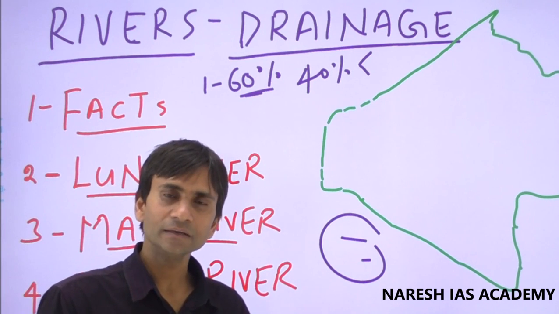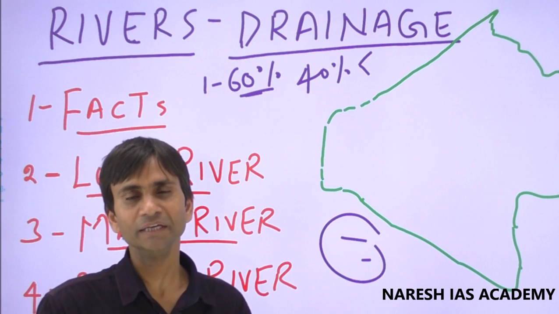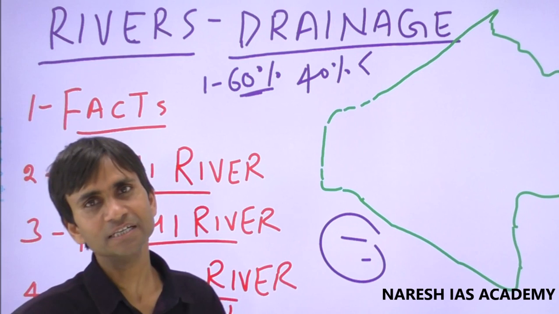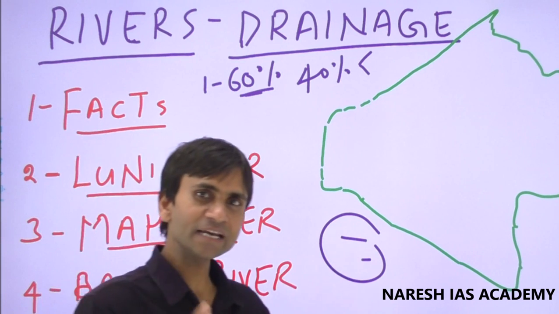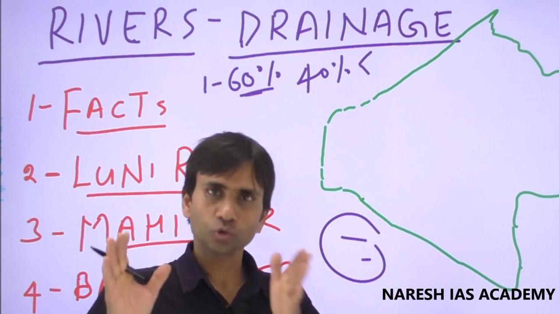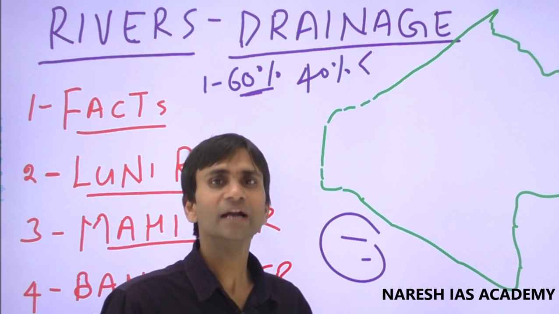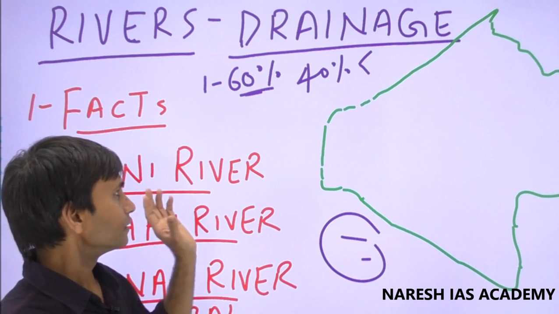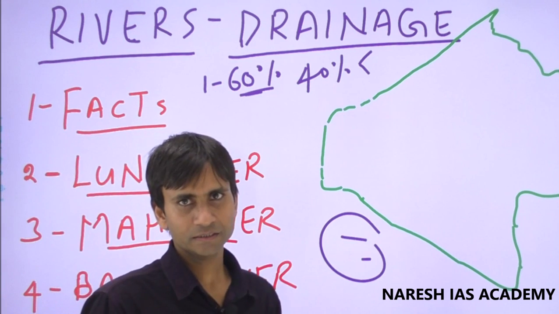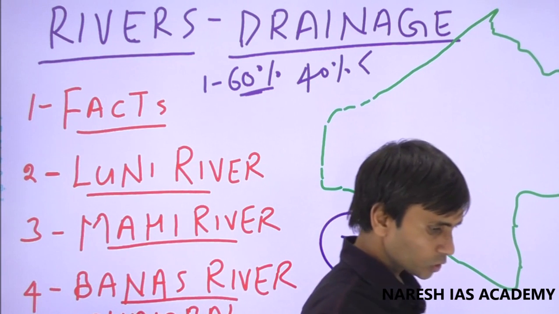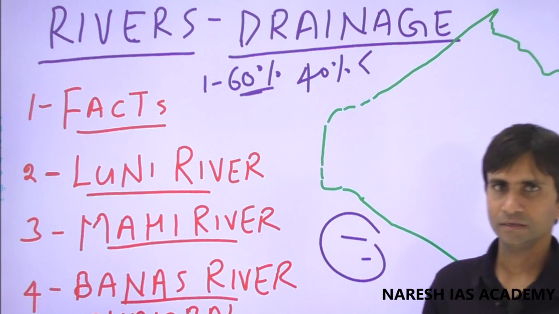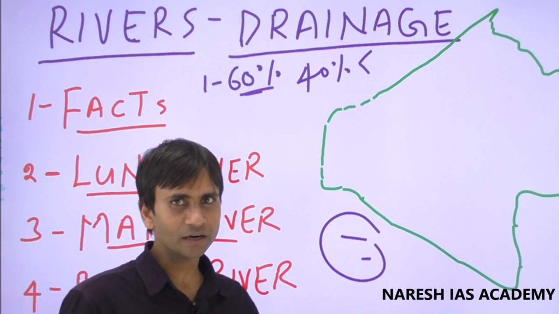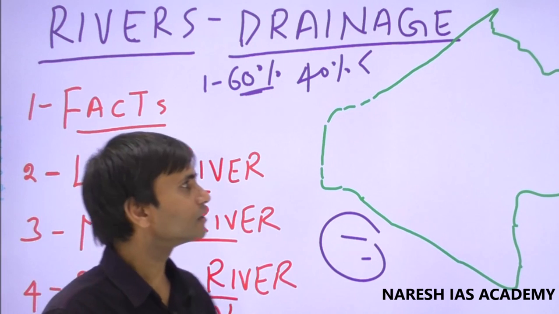Sometimes it is said only the Chambal and Mahi, both rivers have their origin outside Rajasthan in Madhya Pradesh, are the perennial rivers or flow throughout the season and through the 12 months, and the Rajasthani rivers have some local features according to which they have affected the geographical and economic scenario of Rajasthan.